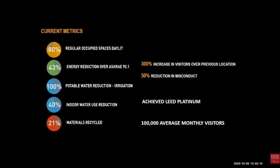And then the building, we also like to track as many other things as we can. So before COVID, we had over 100,000 average monthly visitors, which in its first 2.5 years or so pre-COVID was a 300% increase over the last location. And then on top of that, it's been really great. We've been tracking calls on misconduct and calls to the police, which despite growing by 3 times in population, we still have half of the calls in misconduct, which has been just fantastic to be a part